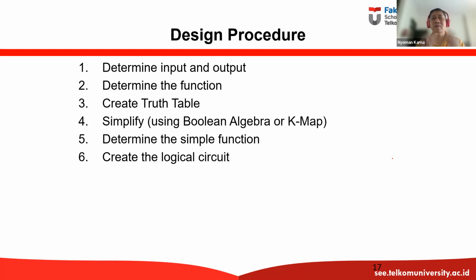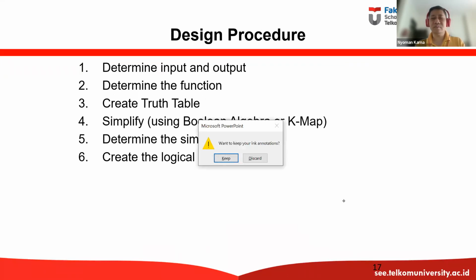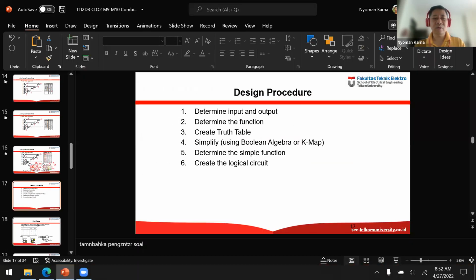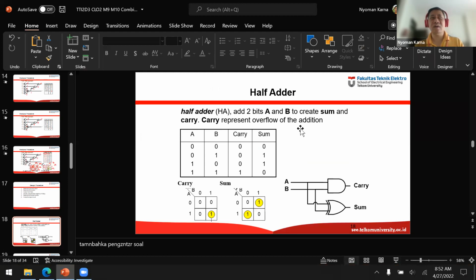Analysis: given the circuit, we need to identify the output, the function of the output. And then the second approach is the design or synthesis approach. We are given a function, then we need to create the circuit. Now, for the design procedure, let's start with this one, because this is for the next 2 weeks of discussion. The predefined single purpose of combinational logic.